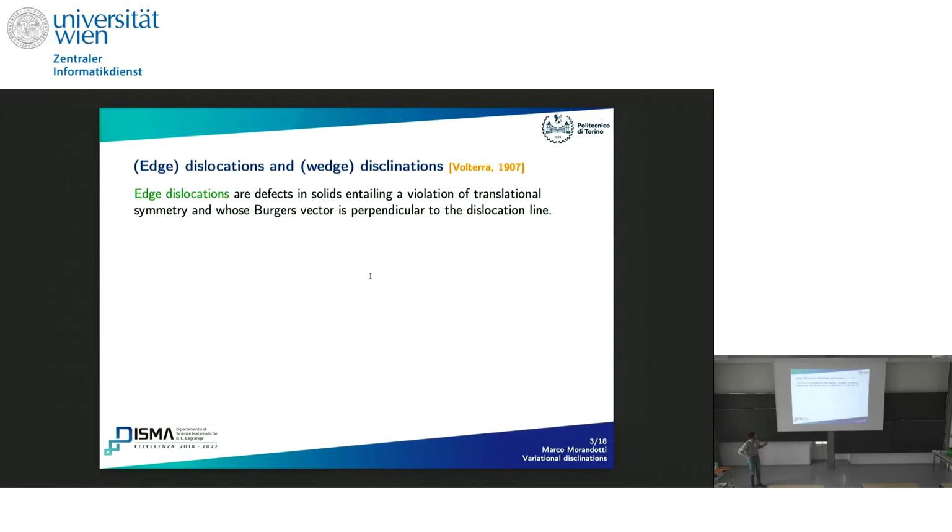Dislocations are characterized by their Burgers vector, which in the case of edge dislocations is perpendicular to the dislocation line. A dislocation line is a line of these defects appearing in a material which is defective. The way that the lattice mismatch happens across this line is that it goes perpendicularly to the line of the dislocations, whereas for the other type of dislocations, the screw dislocations,